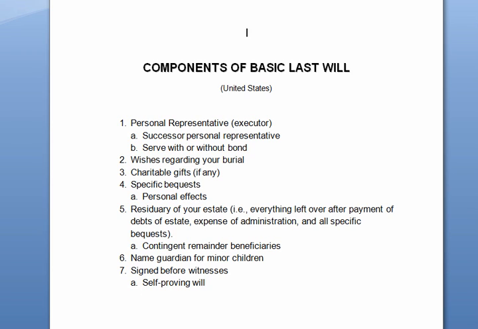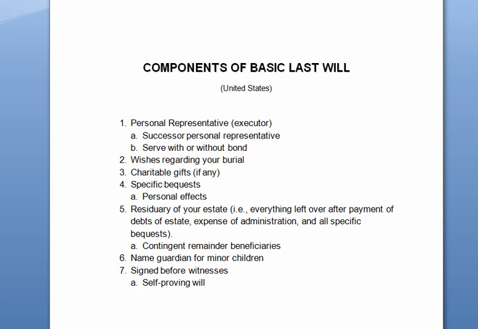You don't have to give it to them equally. You can give it to them in percentages. So Susie can get 60%, Sally 40%. Contingent remainder beneficiary, not every software on the market is going to allow you to do that. That's in case the person you name as a residual beneficiary dies before you. That allows you to take control over who gets that asset or that percentage of your estate.